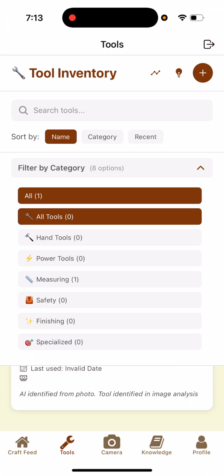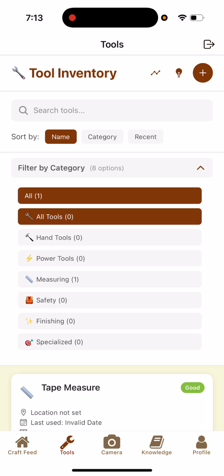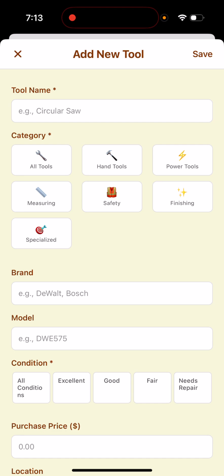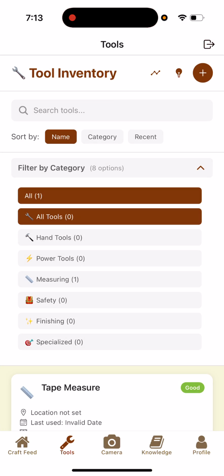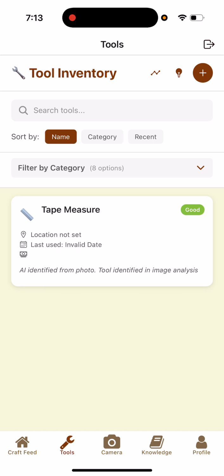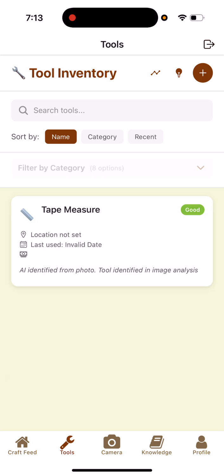And we go into our tools, and we have tape measure. And you can add things manually if you want, and you can even add the brand. But yeah, so for now, my account that I just created to show you the onboarding, because it only comes up when you create a new account, just has this one tool in it. Okay, and now we'll show you the